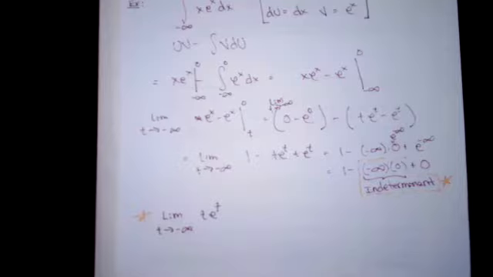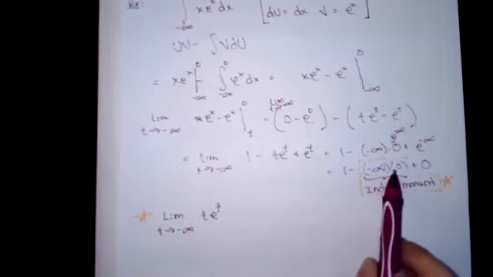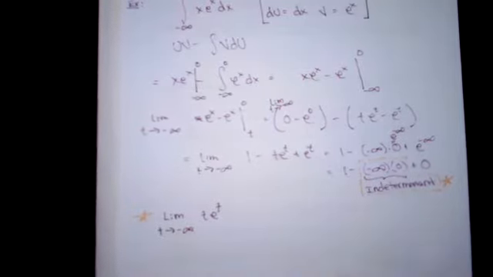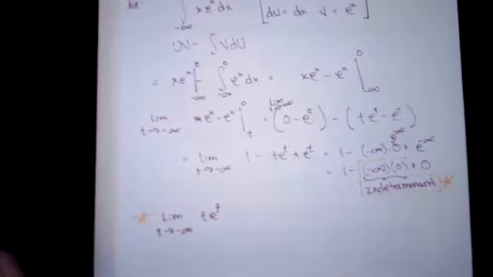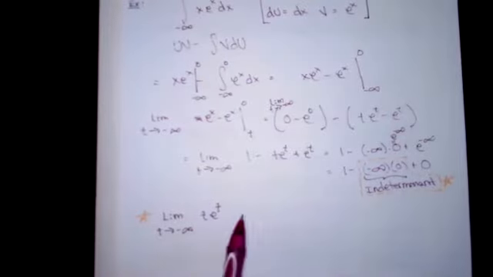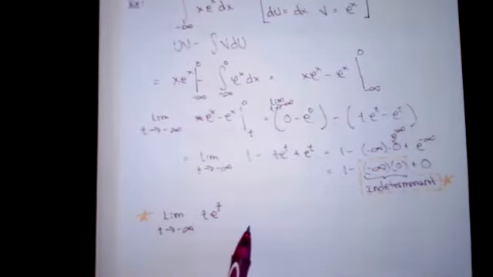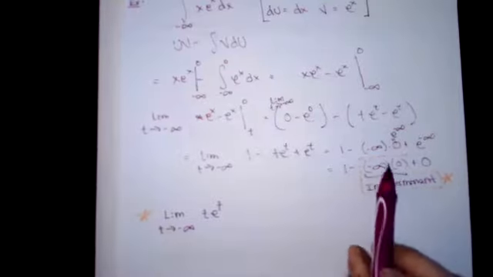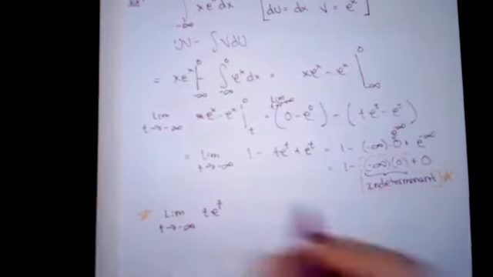hopefully you remembered how to deal with these indeterminate forms. There's a couple of different ways. Anytime you have a 0 times infinity, remember we want to force one of those terms into a denominator. We want to use L'Hopital's rule for essentially all indeterminate forms, and L'Hopital's rule can only be used for 0 over 0 or infinity over infinity. So if you don't even have a fraction, you kind of have to force this.